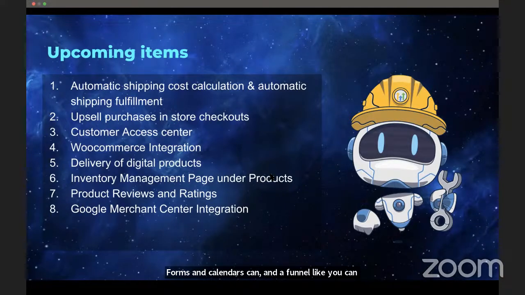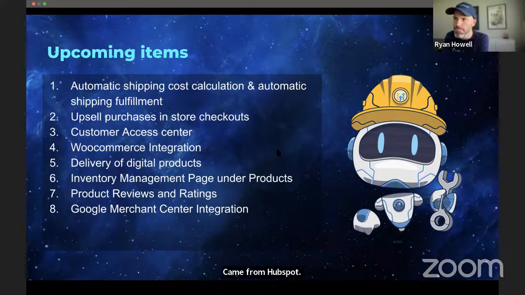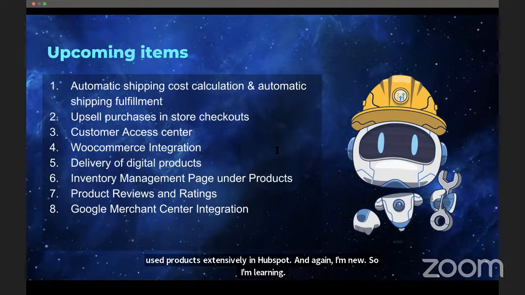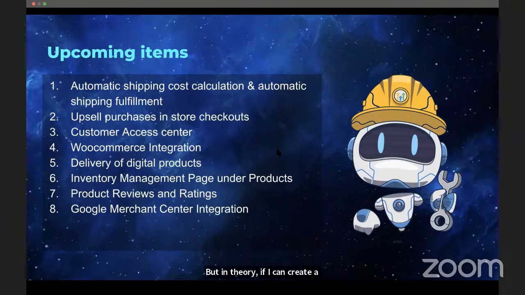Well, Ryan, I came from HubSpot and used products extensively in HubSpot. And again, I'm new, so I'm learning. But in theory, if I can create a product here that is a service, not just a physical product, and I could hopefully eventually link that into the opportunity so I can see my pipeline of product that's coming for a service or a physical product,